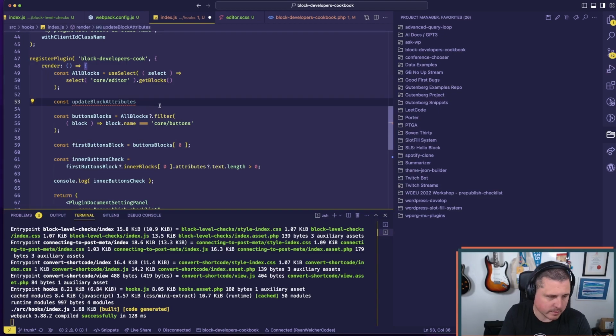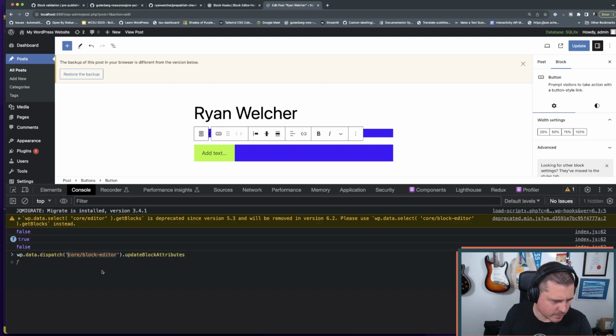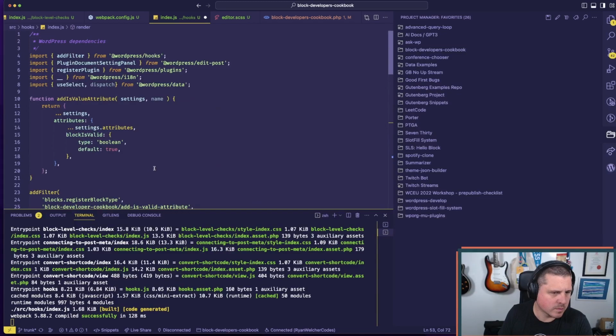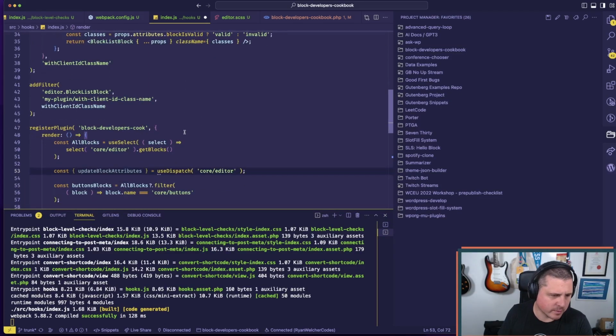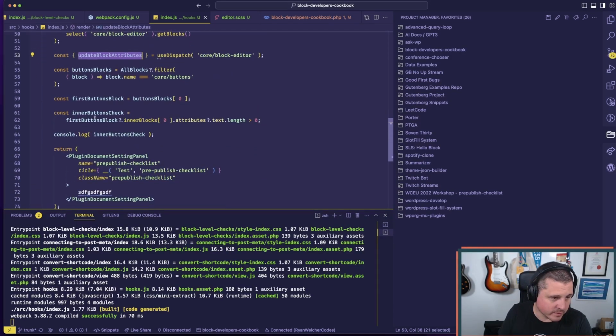So that do like this. This equals use dispatch, and we'd use the core editor. Although we should probably get that from the block editor store. So I'm not going to do that now, but there's another way of doing it. So we're going to actually put it in here and put it in here. And then we have this, and we can say